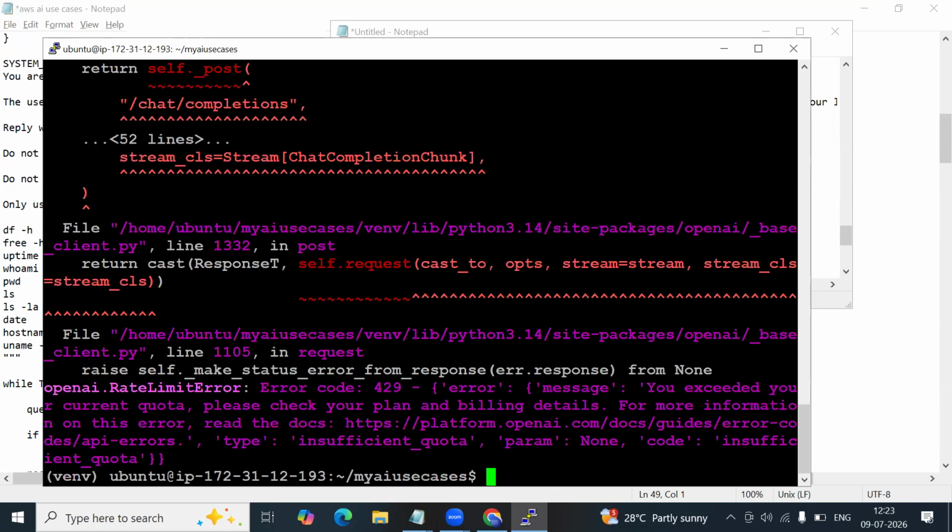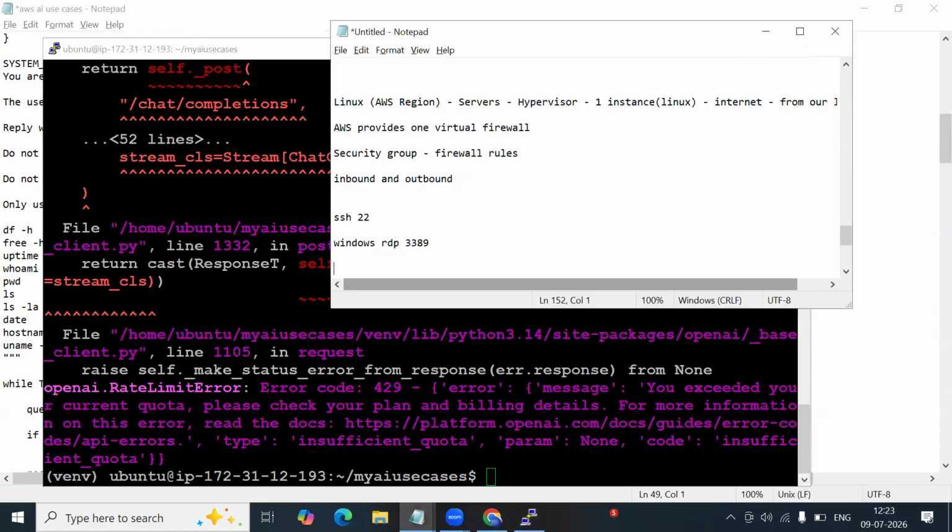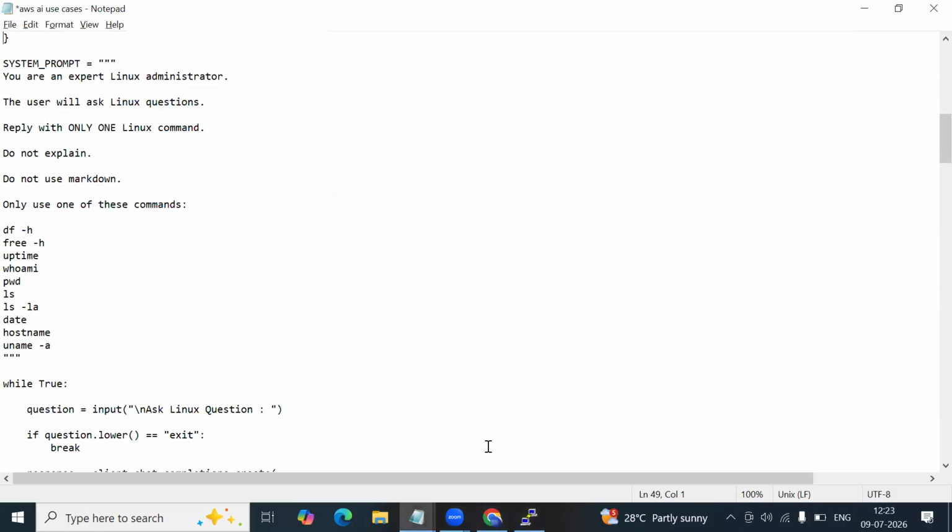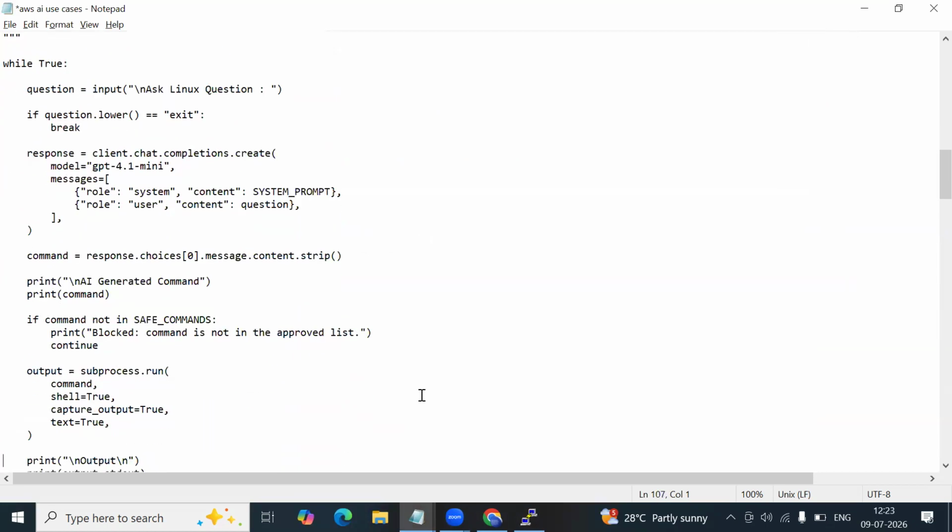That OpenAI, we don't have the licenses, or we don't have the quota. So the message we are getting here is that you exceeded your current quota. The OpenAI model we have used has exceeded our quota. So now I'll share this script, which I have developed using Gemini, which also gives us a free quota. Okay, so then what we need to change is